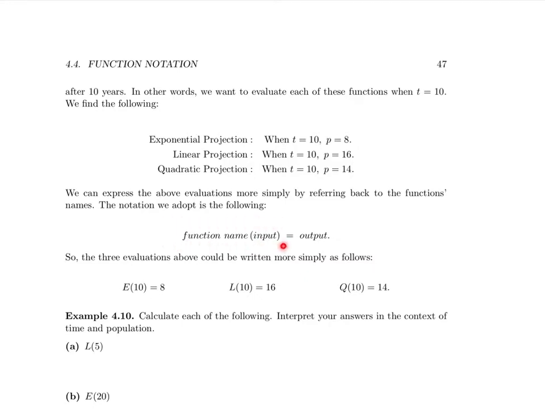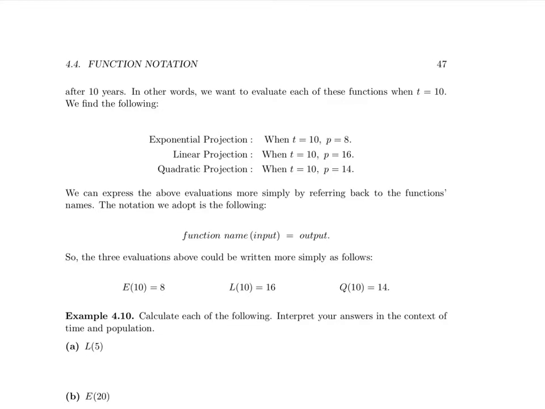Whenever you see the name of a function followed by parentheses and a quantity inside the parentheses, this is our way of writing the output of that function, assuming this input. So function name followed by input in parentheses is equal to the output. So for example,